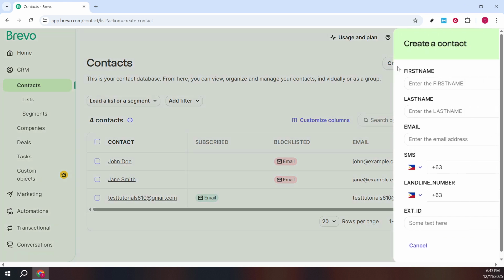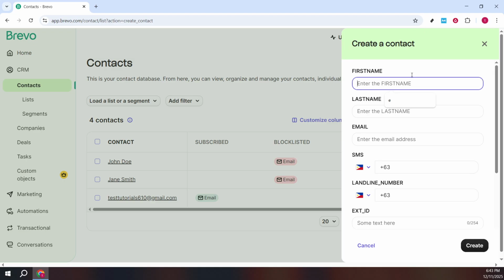Start by entering the first name and last name. Use consistent capitalization, like sentence case, so your personalization in emails looks professional. Next, add the email address. This is the key identifier for campaigns and automations, so double check spelling and make sure you have consent to